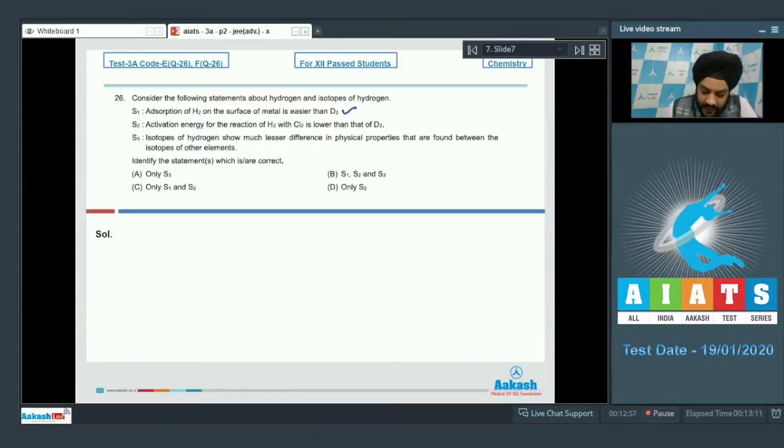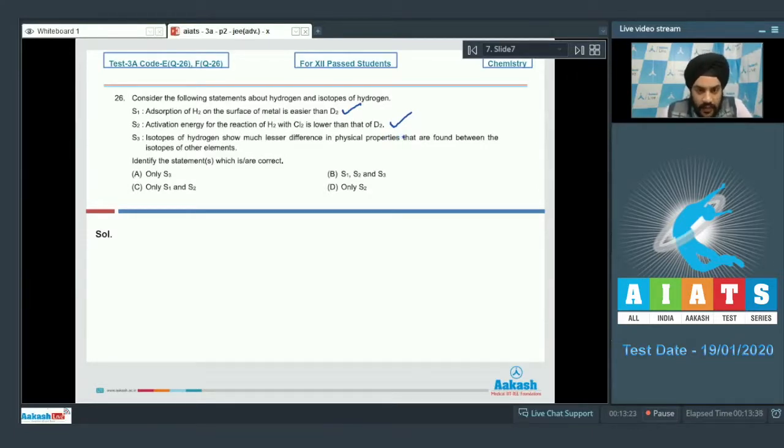So this is a correct statement, students. The adsorption of H2 happens much more easily as compared to D2 due to stronger DD bond. If we talk about S2 now, activation energy for the reaction of H2 with Cl2 is lower than that of D2. So this is also a correct statement, students. As discussed before, the DD bond is stronger, so more energy is required to break the DD bond for reaction